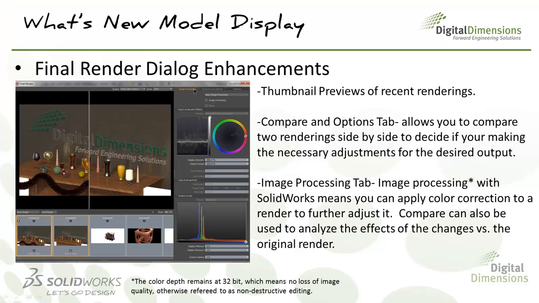And lastly, the final render dialog box has been improved. We now have thumbnail previews of our recent renderings. They've included a Compare and Options tab, which will allow you to compare multiple renderings side by side to make sure that you're on the right track when making adjustments between renderings. And there's also a new Image Processing tab, which will allow you to make color corrections to your final renders. Keep in mind, any image processing that you perform within SOLIDWORKS will be non-destructive, which means the original rendering shall remain at a 32-bit color quality, so that way you can keep coming back into this final render dialog box